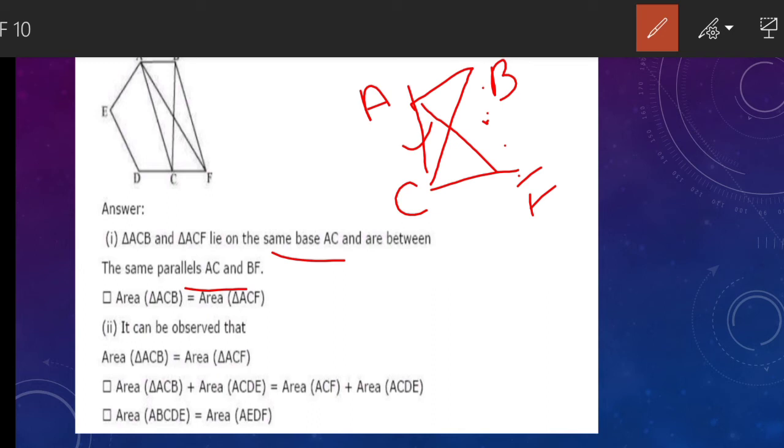So we will get the areas are equal. So the triangle ACB is equal to the triangle ACF. So the first one is proved. Then it is said that it can be observed that ACB and ACF are equal. So to it we are going to add